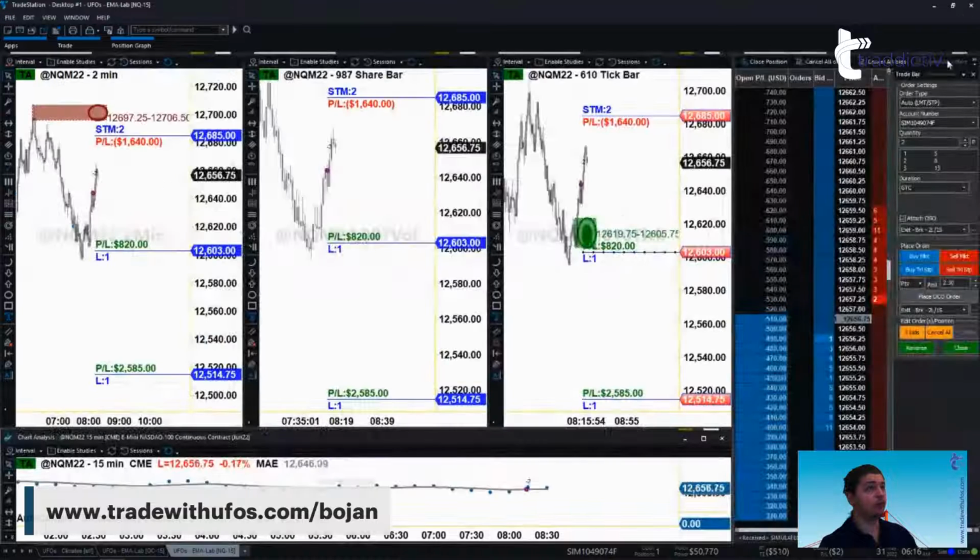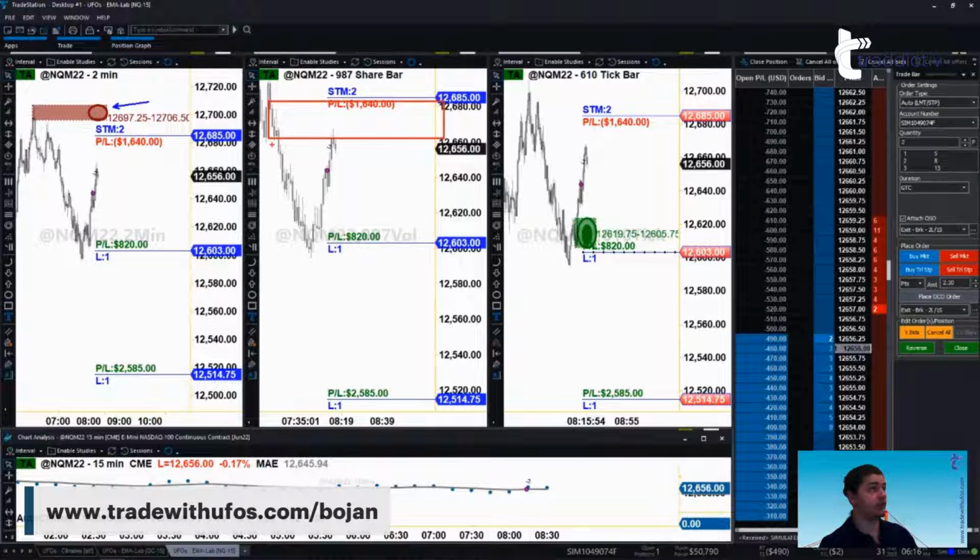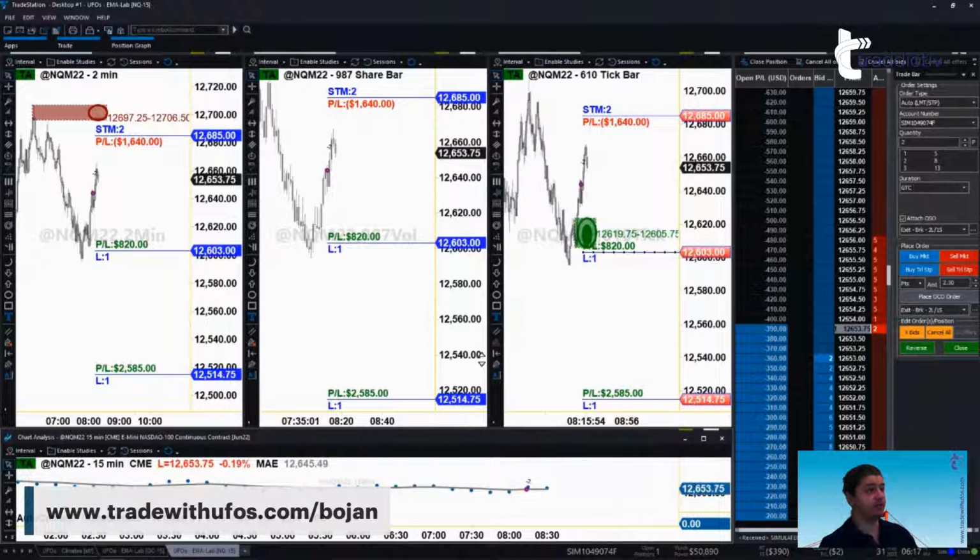Now, where we enter is also determined by a couple of other factors. Those factors are these UFOs that we see and that we saw. We had two of them here that have both been used up, right? We had the two UFOs over here that told us, hey, listen, we have a stacked amount of orders looking to be filled at this area, so this would be a good point to enter. And that's exactly what we did.